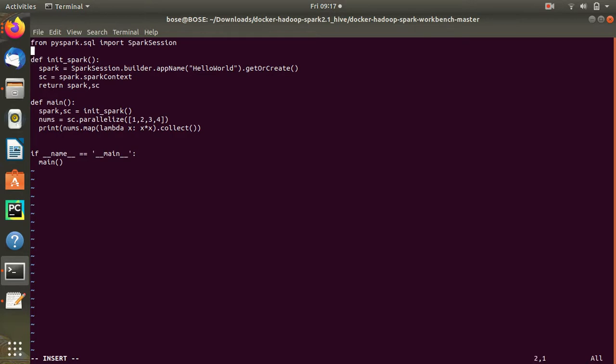This is hello world. This is doing nothing, but this is initializing a Spark session, right? In Spark 2.1 and all, it has all been brought into one thing, that is Spark session. Previously there was Spark context, and Hive context, then session context and all that. So there were multiple things, right? All of that they have brought together in a single thing, which they have called Spark session. And for that Spark session, you have to put a name to that application. We'll see what is the help of that as well.